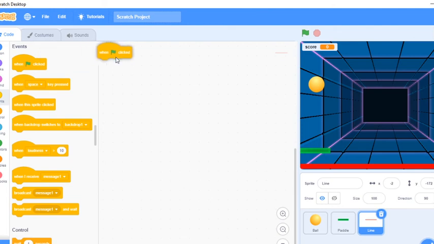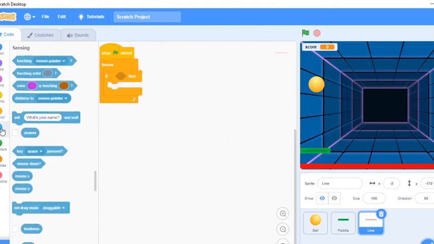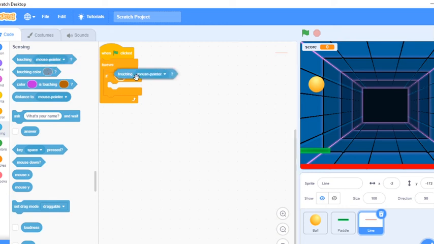So I will select this when clicked, and I have to take the condition, that is the forever. That forever loop we have to execute. It will execute continuously, and I will add an if condition. Means if that ball is touching that red line, then we have to stop all.